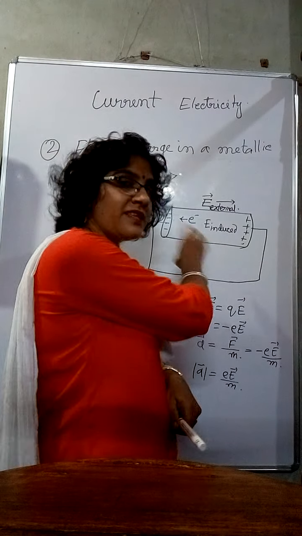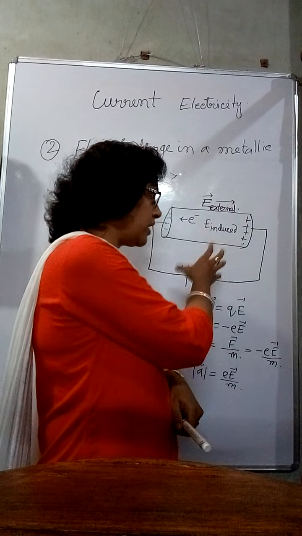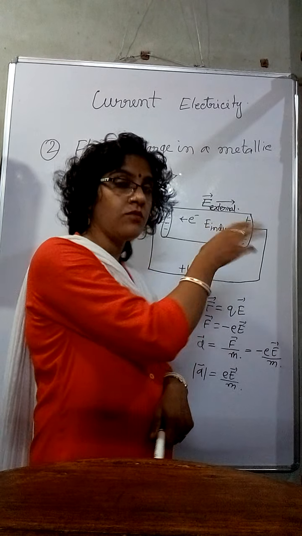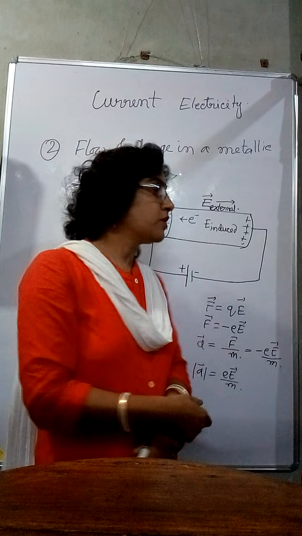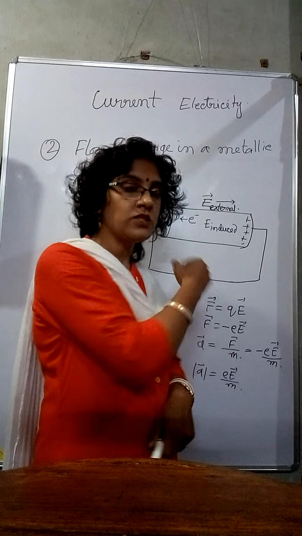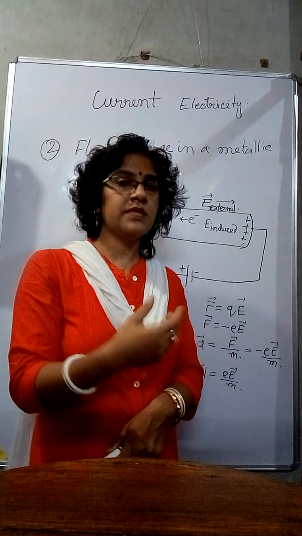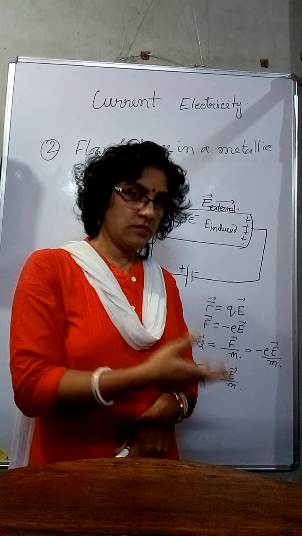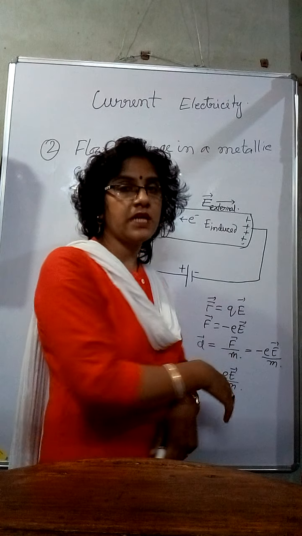There are not only the electrons, there are also the positive charges. From where? From the atoms, and the electrons have just come out, so the positive ions will also be there, and the electrons also will be there. Sometimes the electron will be attracted, sometimes it will be repelled by the negative charge. For that reason, it can't move with that acceleration.